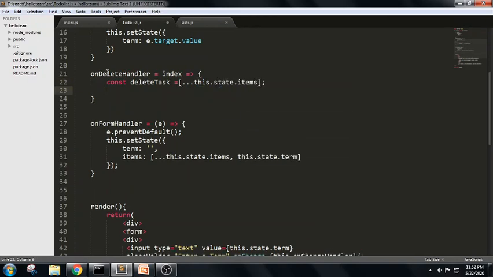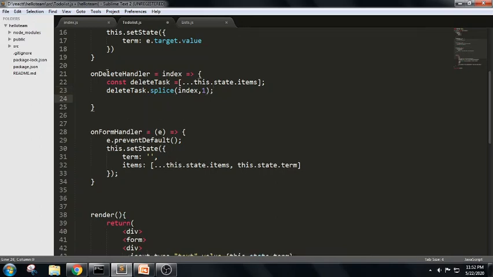We are trying to destructure, in the sense we are unpacking all the array values into individual elements, and in this we write delete task splice. The first parameter is from where we need to start. For example, the user has clicked on the third one, 3,1. It means it will start from 3 and delete only one element. So it will be the third element which he wants to delete.